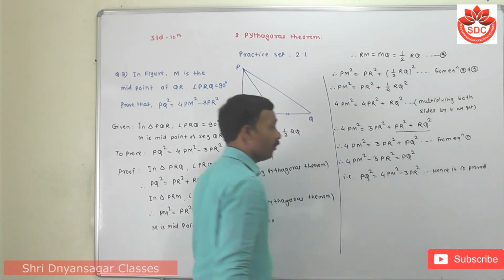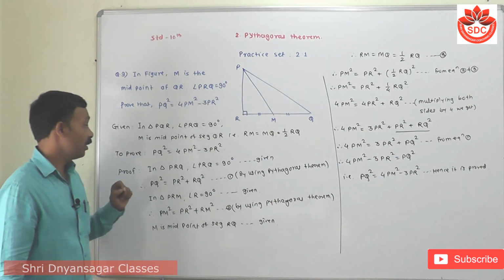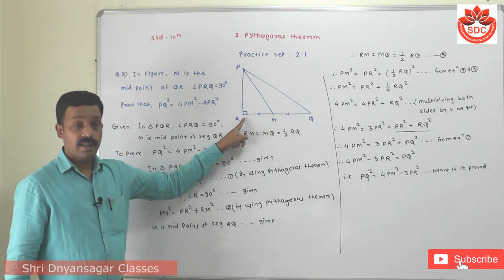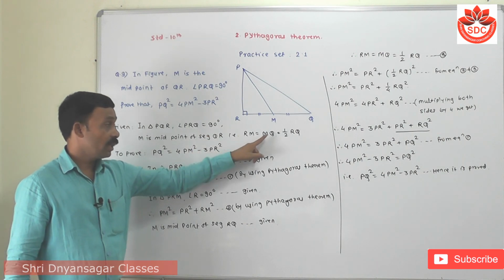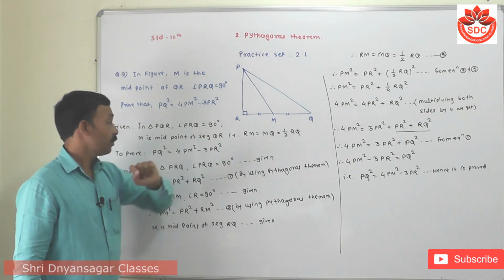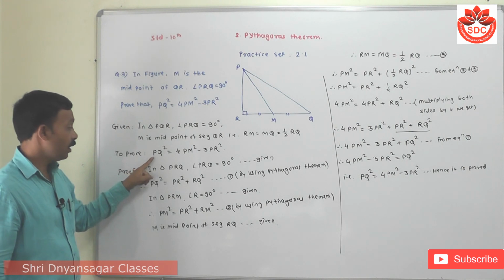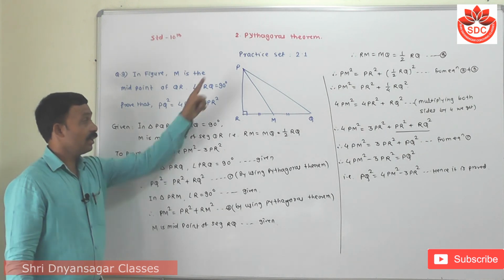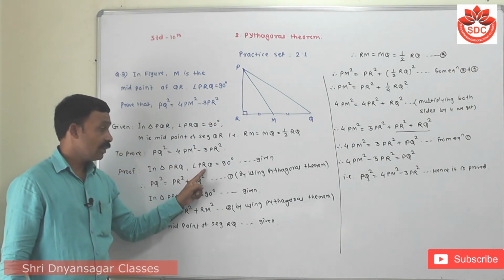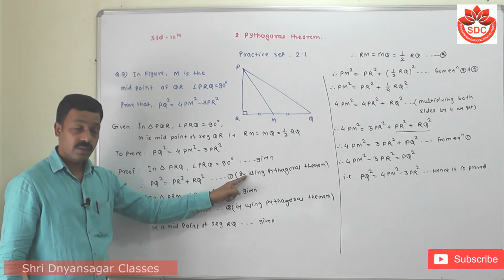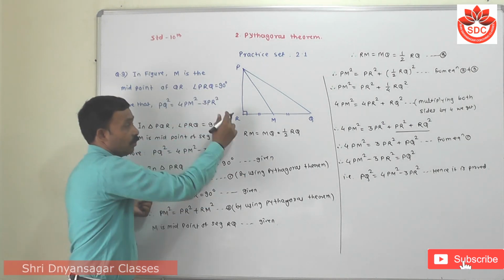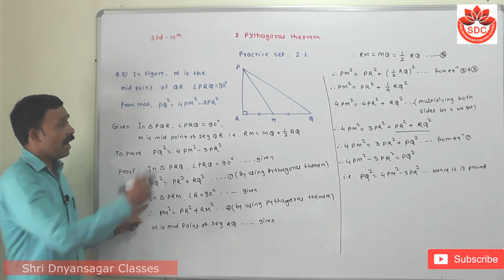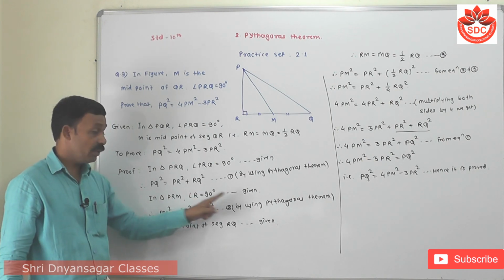Students, look carefully. Very, very important example. I have to repeat it again. Look here. Here the triangle PRQ is a right angle triangle. M is the midpoint, so RM, MQ is equal to half of RQ. Students, first we take here to prove PQ square is equal to 4PM square minus 3PR square. So first I have taken triangle PRQ. This angle R is 90 degrees. So use Pythagoras theorem. Then PQ square is equal to PR square plus RQ square as equation number first. In triangle PRM, angle R is 90 degrees. Again we use Pythagoras theorem.